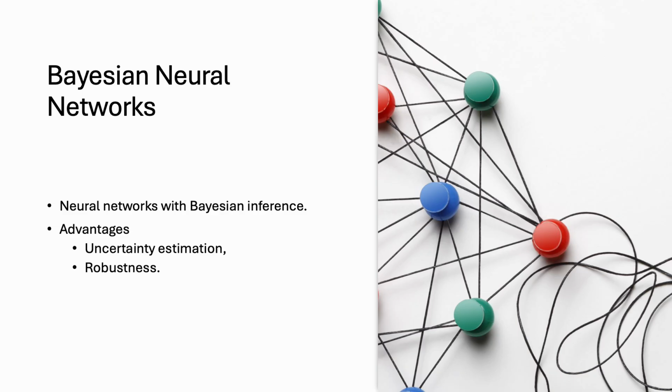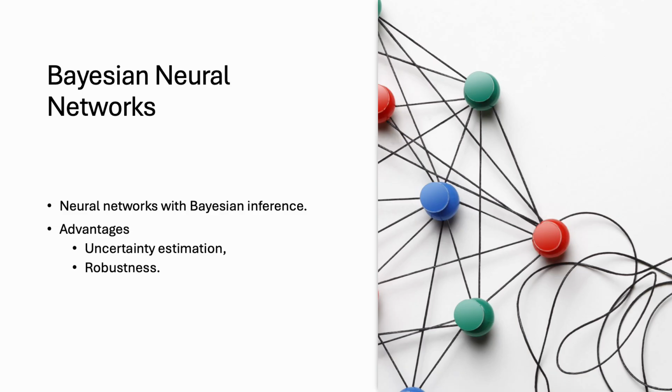A compelling use case for Bayesian neural networks in sports is player injury prediction and prevention. Injuries are a major concern in professional sports, often derailing seasons and careers. A BNN can analyze a player's historical data such as training load, biomechanics, and past injuries, while also incorporating real-time inputs like fatigue levels, game intensity, and even weather conditions.